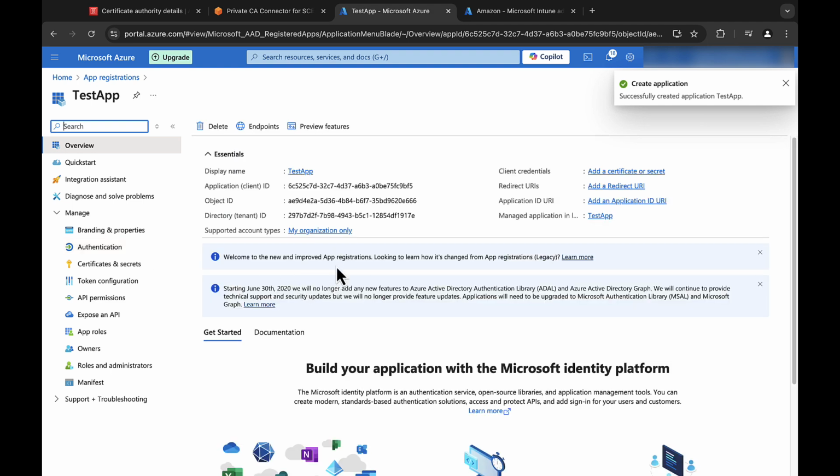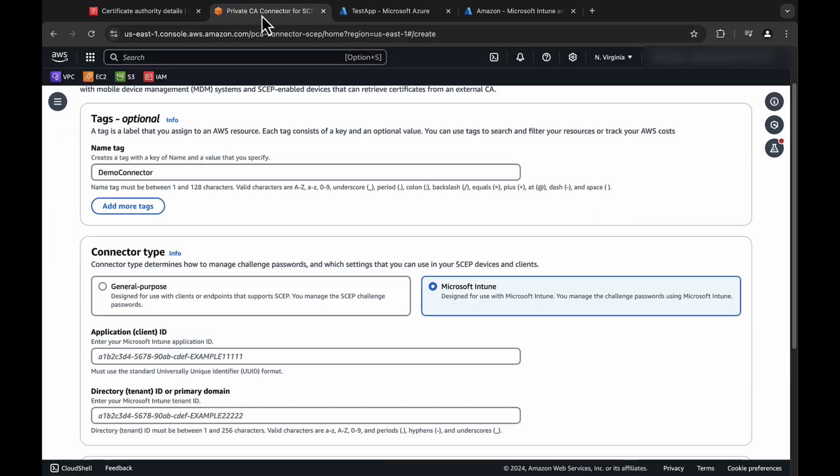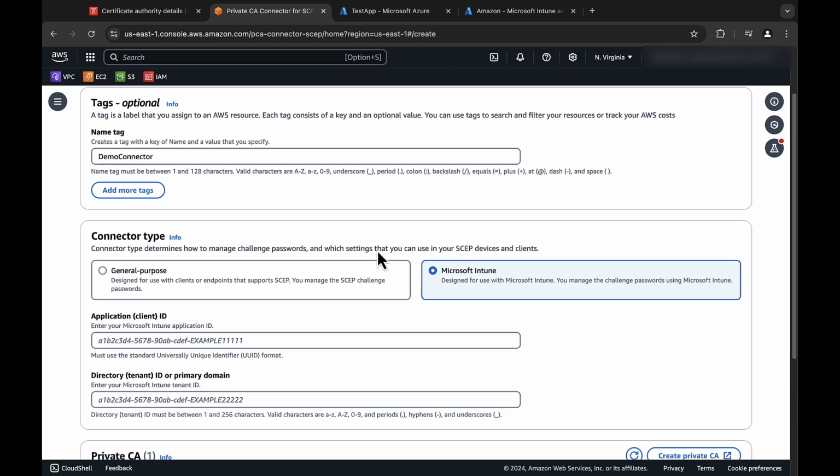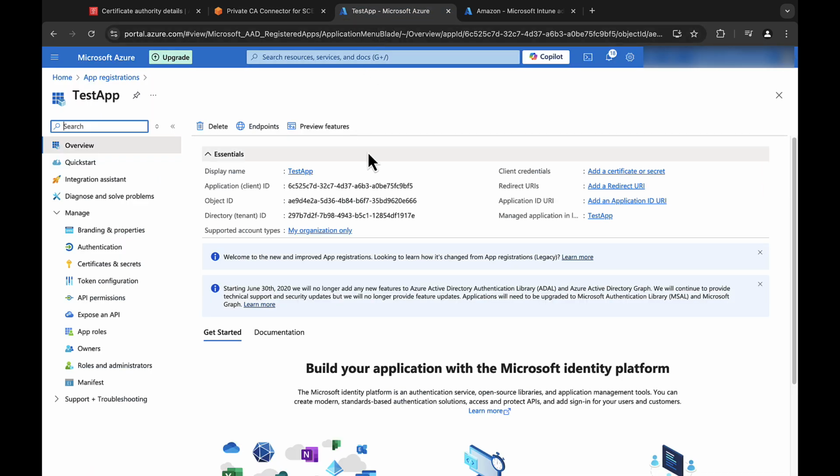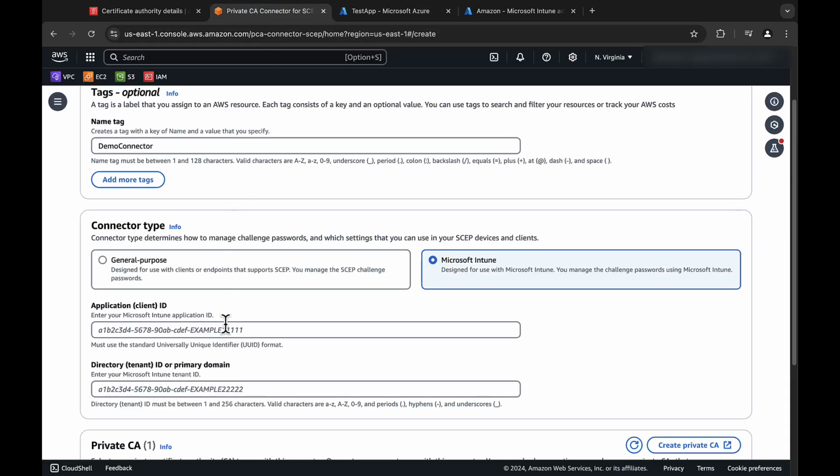If we go back to the private CA connector for SCEP console, we will see that in order to create our Microsoft Intune type connector, we need an application ID and a directory ID. So I will go ahead and copy those values from the application we just created in Azure. So I'll go copy those fields and paste them here.